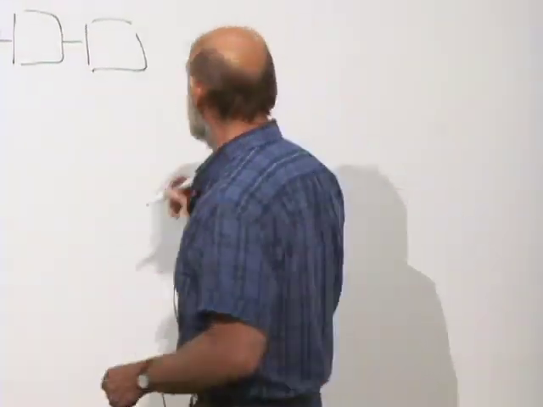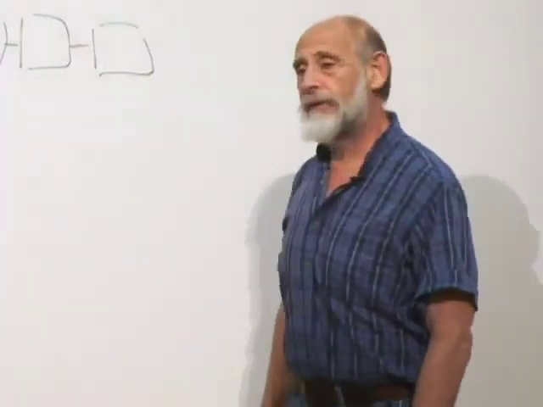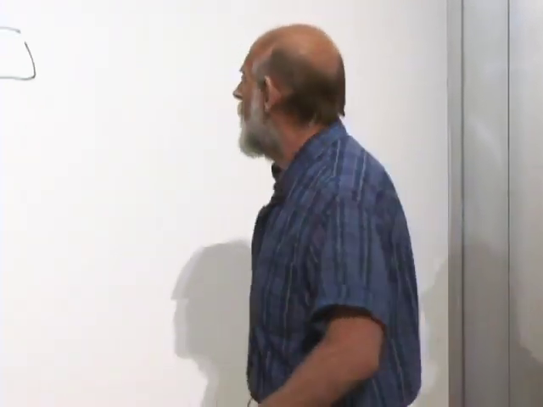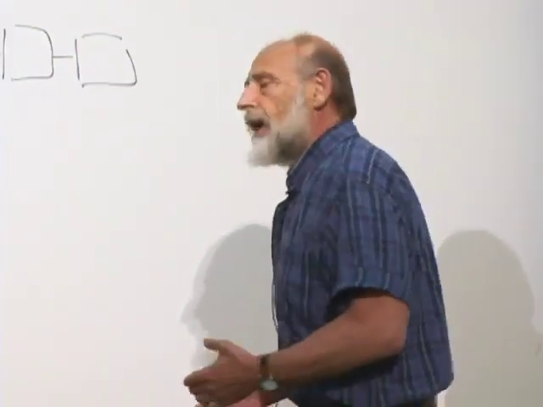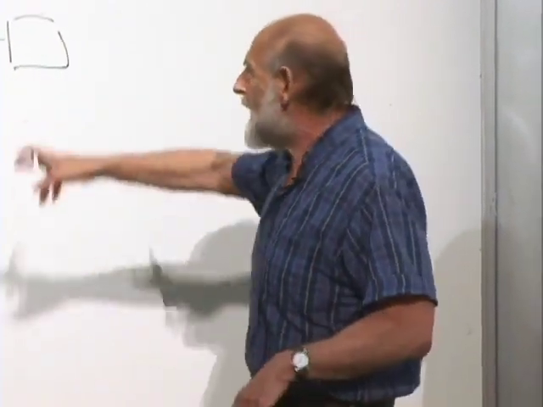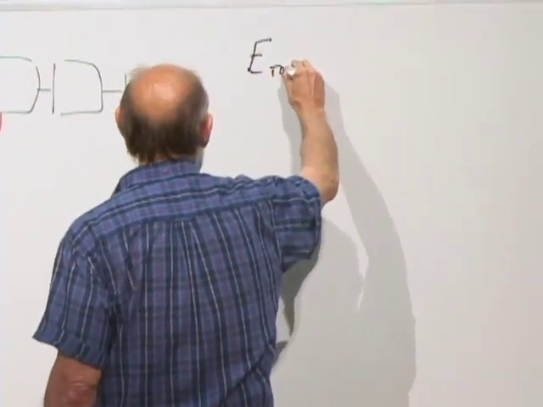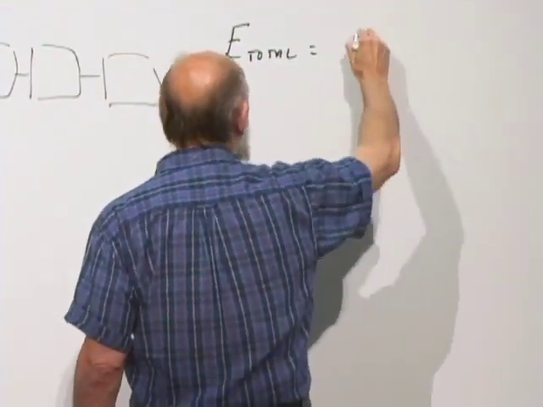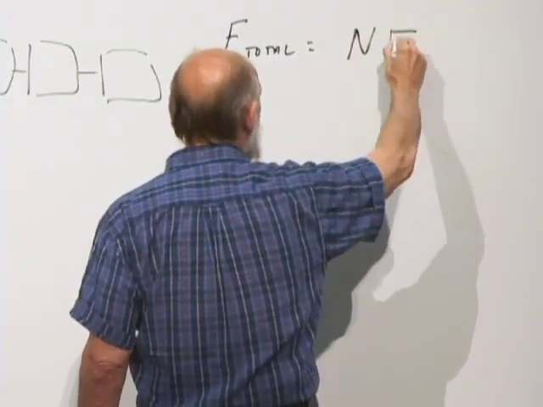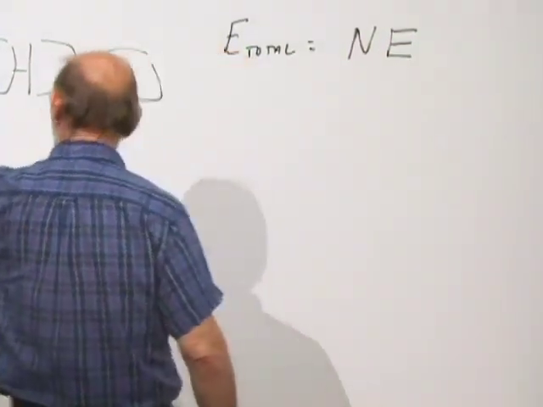Let's call it E total. And I might as well now not even define E total. There's an average energy that each box has. Since they're all identical to each other, when they come to thermal equilibrium, they will all have the same average energy, just by symmetry. And of course, the total energy, which is fixed, frozen, will simply be N times the average energy. Let's write it down. E total is, of course, N times the average energy in each box.